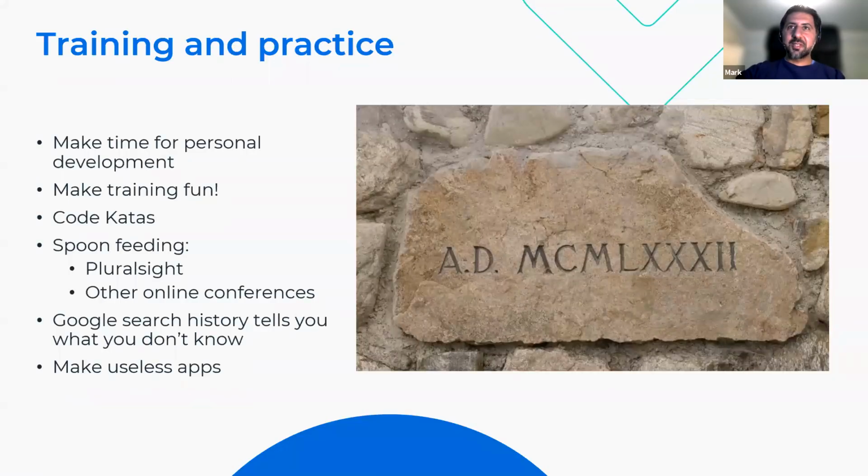So that leads us on to training and practice. Like I was saying, personal development is absolutely key if you want to learn how to code faster and be more efficient. And you can make training fun. It doesn't have to be creating, opening up accounts or opening up loans. You can always try and make a really pointless, useless app. I don't know, try and integrate with Lego robotics or something and try and drive a little car around your room, or whatever comes to your mind.